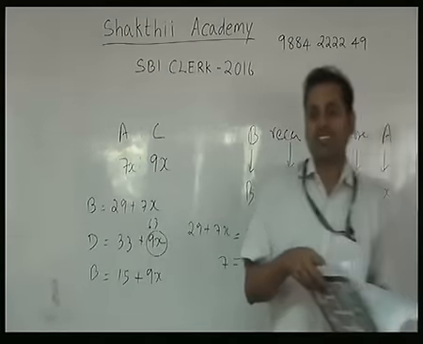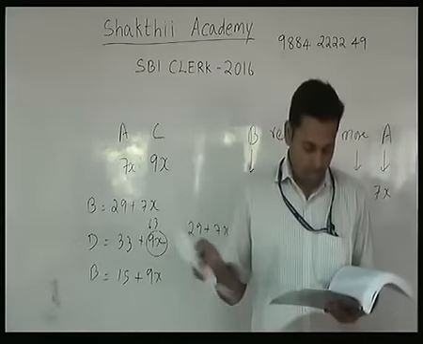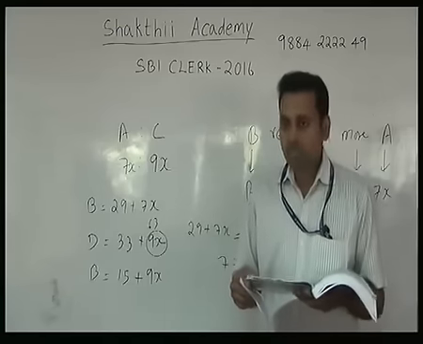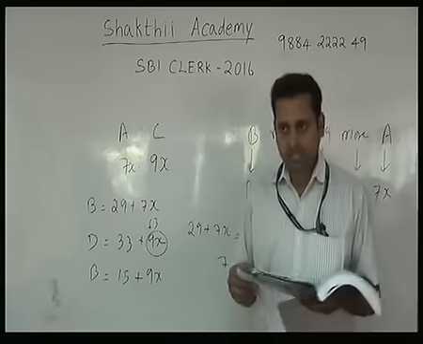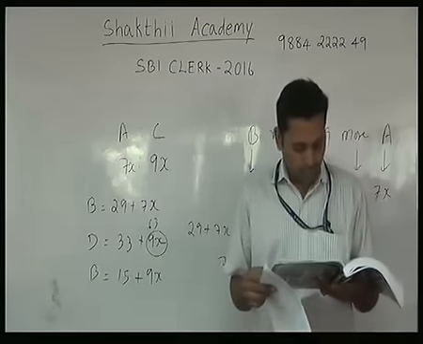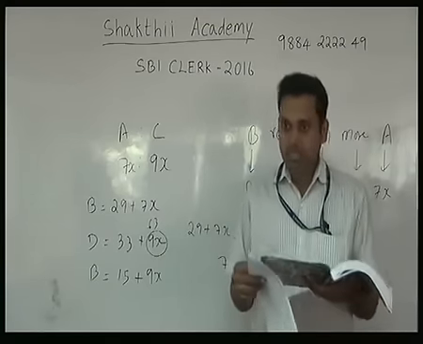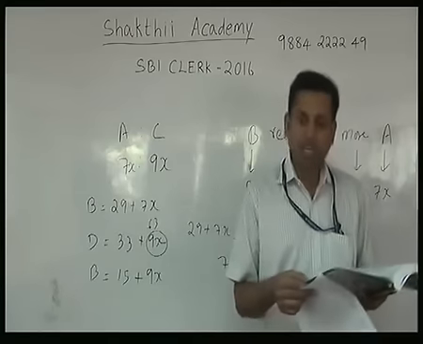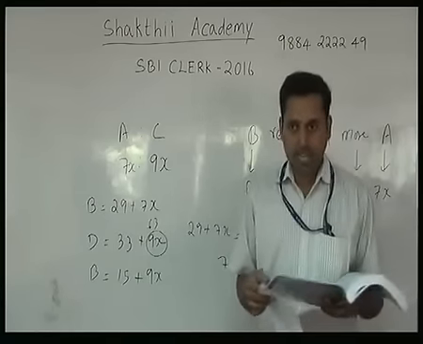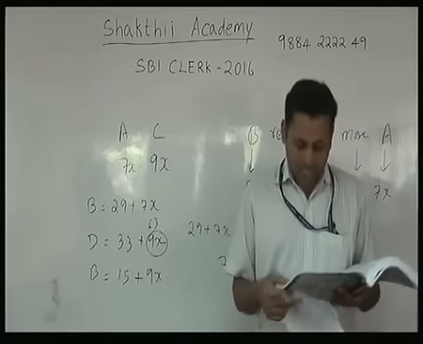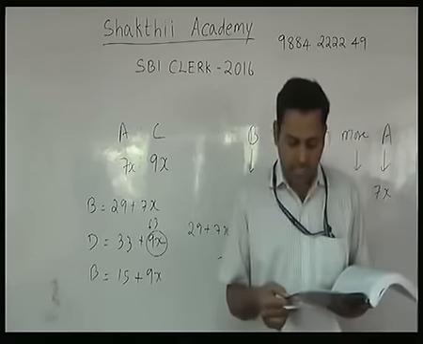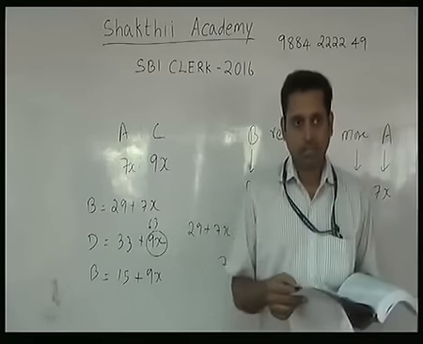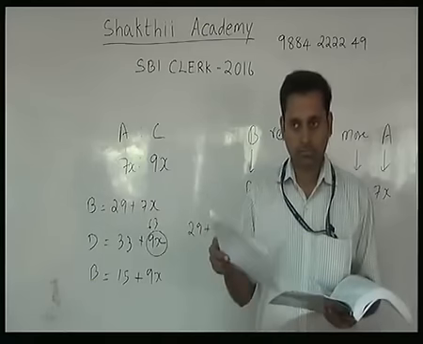So these two sums are for your practice, and I want to tell you the options alone. Answer options. For sum number 8, the answer is 50, and for the sum which I gave you just now, it is 84,480. You just practice. Clear? This is for your practice purpose.